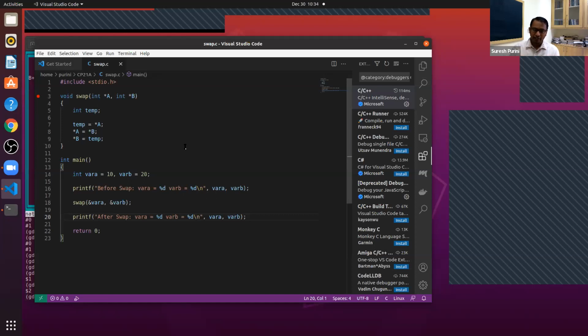Value is address. So please keep this in mind. There is no call by reference in C. There is only one thing, that is call by value. There is only call by value, but the effect that we would like to get, that is the actual change of the contents of memory objects, we obtain by working with the address of the objects. Don't worry about call by reference.